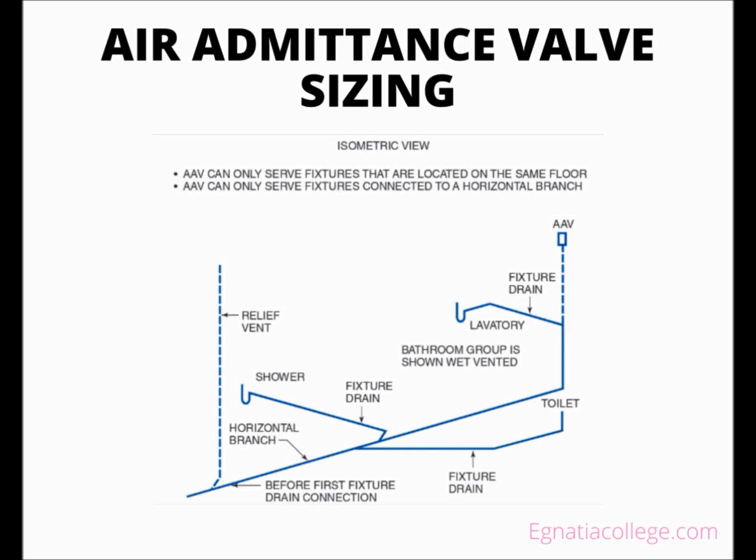AAV sizing is based on the size of a vent using the same codes as those for individual and branch vents. If the AAV is installed on an individual vent, the pipe size and the AAV selection would be determined